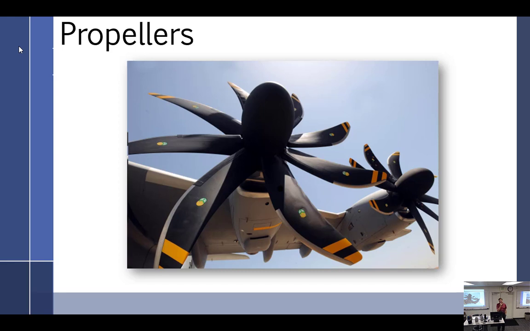So we got a new engine. Well, that didn't work. Maybe the prop is bad. We get a new prop. Well, that didn't work. It's right where we started. I guess it was good all along. Well, see what happens when you don't know these things, right? So you've got to know these things.